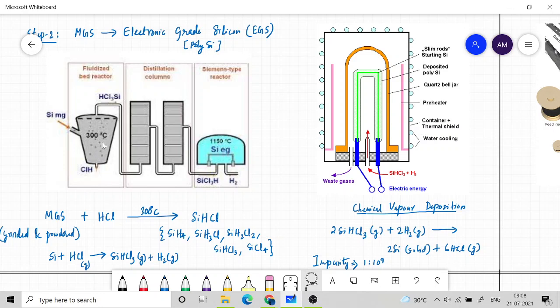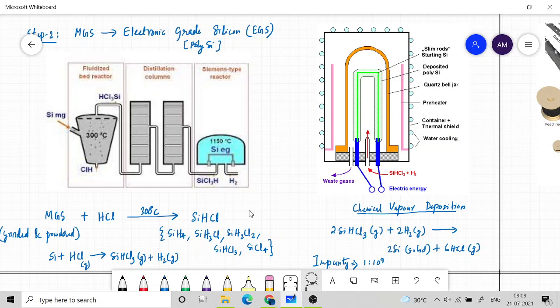At 300 degrees Celsius the reaction is happening. So you can see that here silicon metallurgical grade dust is poured in, and HCl is a gas that is also coming inside, and they will react at 300 degrees Celsius